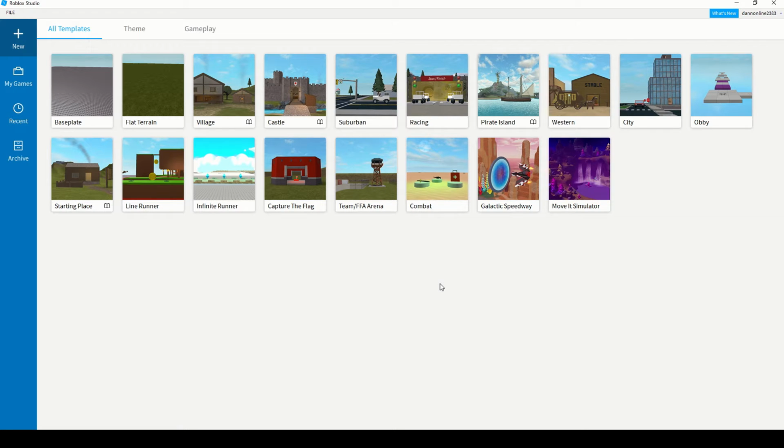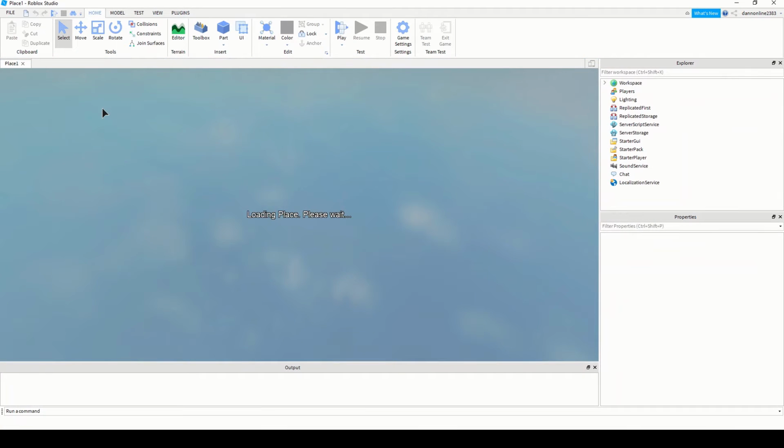Okay. What you have here is yung mga templates. Feel free to explore these templates. May mga pre-made objects or assets silang nandyan sa mga templates na yan, which you can modify and do a research on, kasi may mga script pwede mo nang gamitin right off the bat. Okay, but for us, for this video, let's click on Baseplate. Alright, so